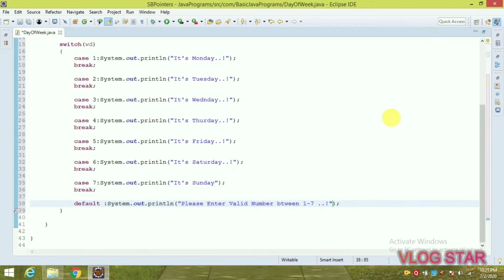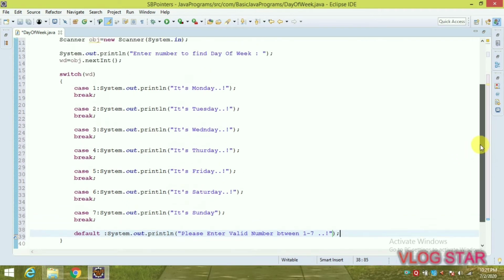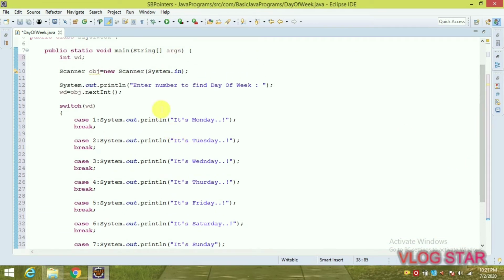And this is the syntax of switch case. So look what will happen here. We are accepting one input number from the user and storing it in our temporary variable. Now we take this variable here within switch, so we will compare this number with all the cases over here. Suppose the input number is 4, so it will go to the 4th case and print this sentence, that is it's Thursday.